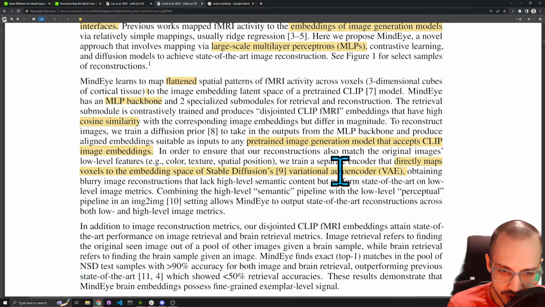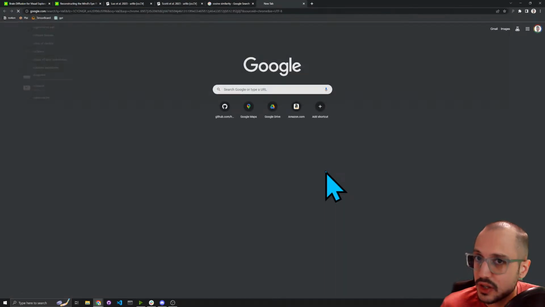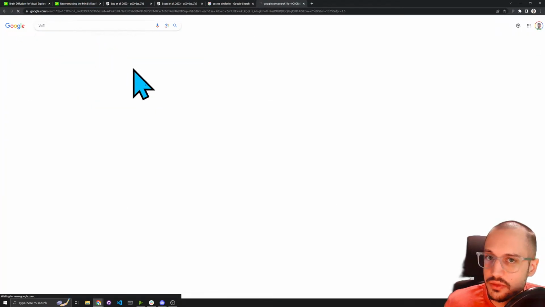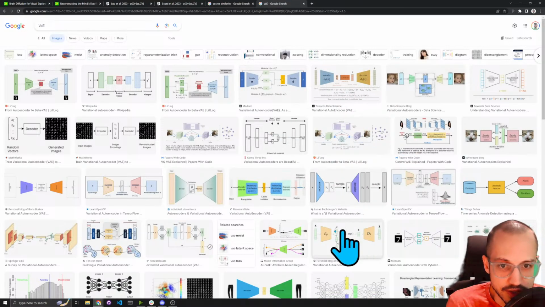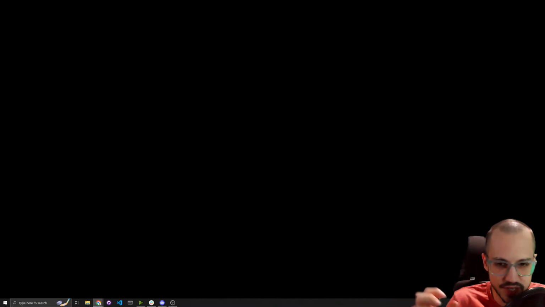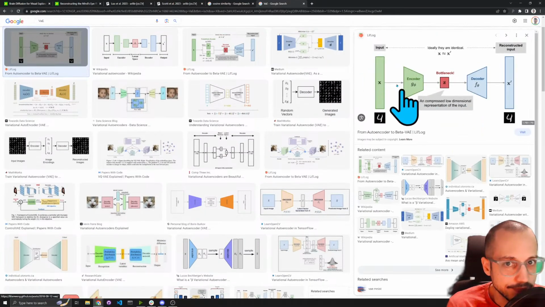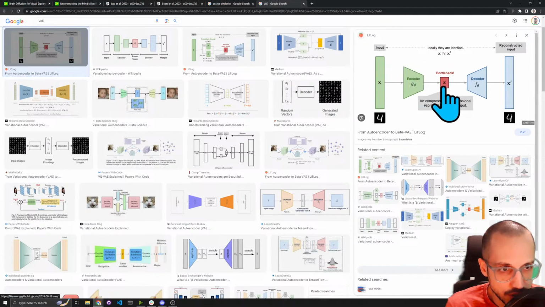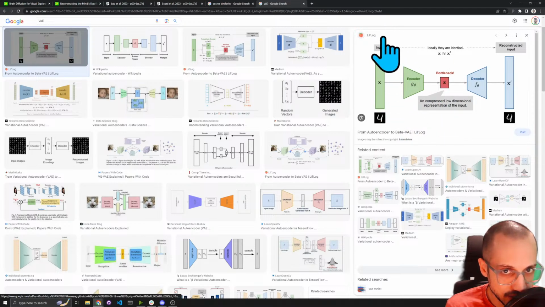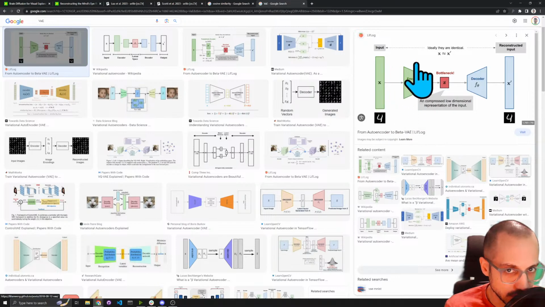Variational autoencoder. Let's see if we can find a good picture. Yeah, this is kind of a good picture. Basically, you always see these two channels that go from here to here, right? You have your original data, you have an encoder, you have this bottleneck. The reason it's called a bottleneck is because you could think of the width of the neural net as choked there. There are a lot more numbers in the input than here. The dimensionality of the bottleneck is way lower, which means you're forcing this encoder to learn a way of